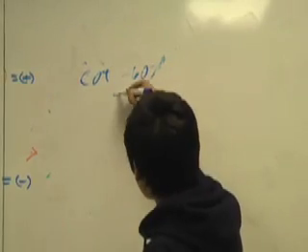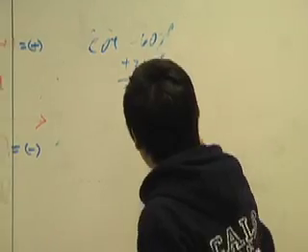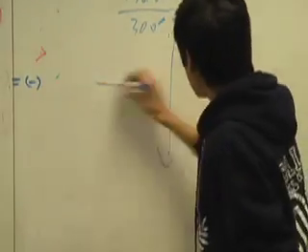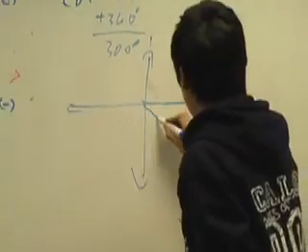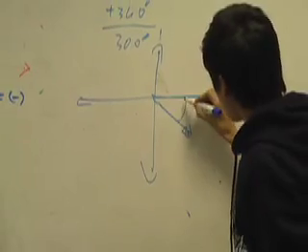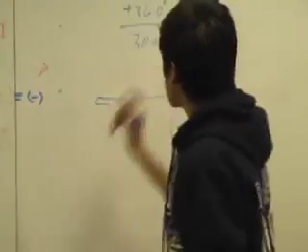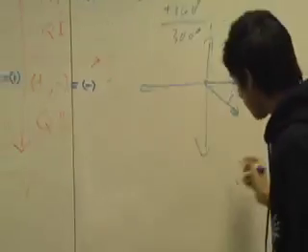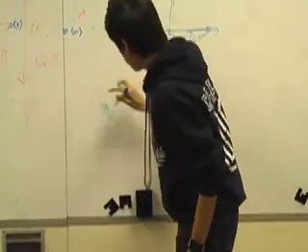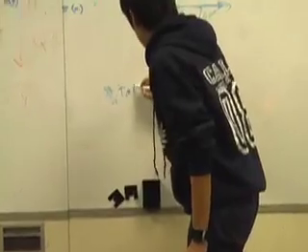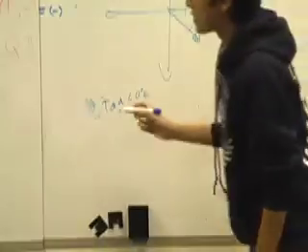So you need to graph this, so you add 360 to this, and you end up with 300 degrees. So you have to graph this in standard position. You draw the initial side and the terminal side, which is around here. And the reference angle for this ends up being 60 degrees. And you know that cotangent is just the tangent's reciprocal, so you write tangent of 60 degrees is equal to, and you know this from this chart,